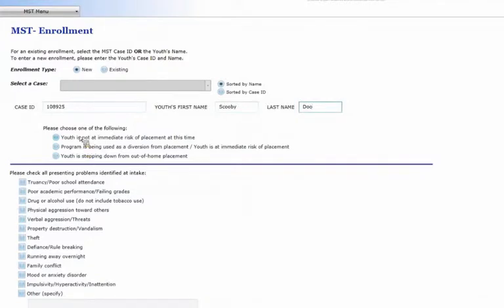Where folks sometimes get a little more confused is between whether the youth is at immediate risk of placement or not. And we ask that you limit this question. The program is being used as a diversion from placement. Youth is at immediate risk. For youth where MST is really being used as a last step before placement or instead of placement, these are the kids that if they don't do well in MST, they're probably going to end up being placed